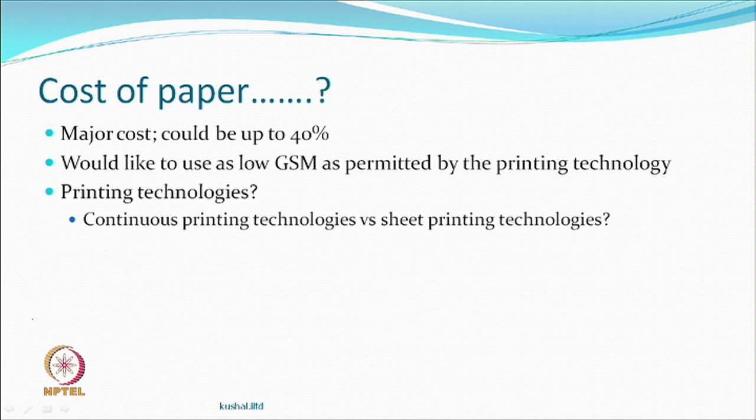For example, you can have a machine which is printing in a continuous manner, or you can have sheet printing. So, where you print one sheet and the sheet is removed and the next sheet comes. And so, if this kind of a thing is there, the paper has to be shuffled, moved from one place to another, and therefore, its GSM cannot be very less. But if it is a continuous sheet, maybe you can afford to have a low GSM as long as the tensions are adjusted correctly,